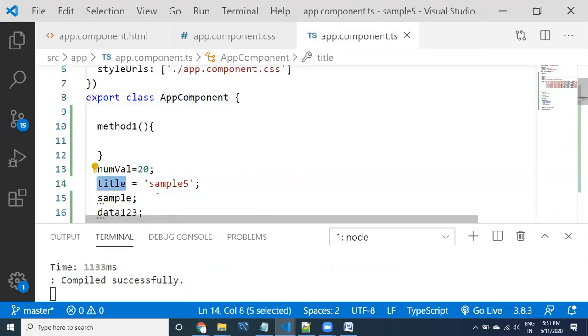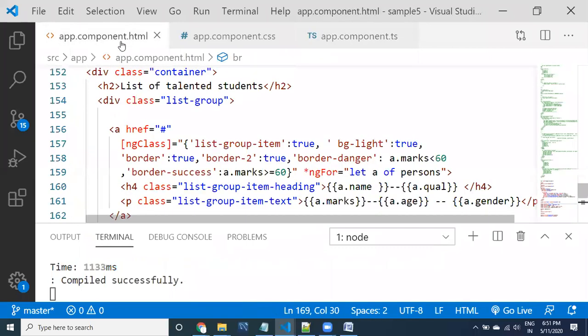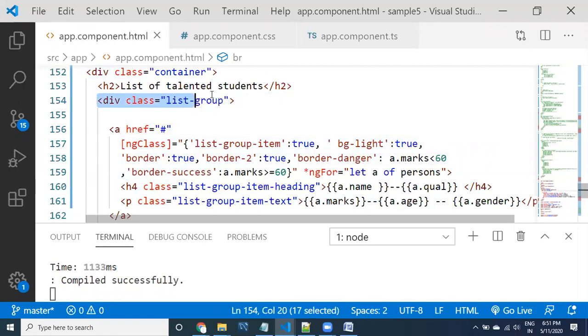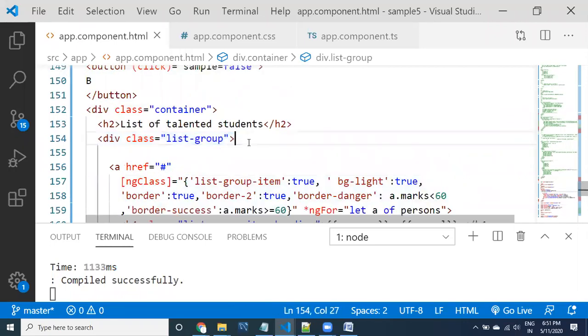Now, the same way, if you go to the bare HTML, I'm not talking about Angular. I will take the HTML tag. This is a pure HTML tag, and this is the element. For this element, one of the attributes is class.